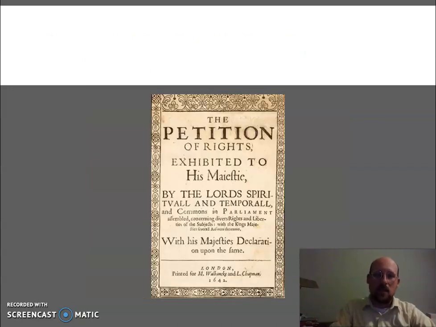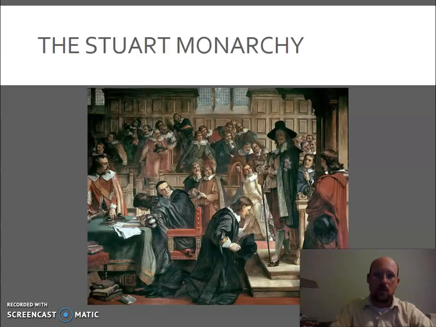And so the next time they met in 1642, Parliament was ready for him. They said, before we sign anything, before we raise taxes, you have to sign this thing called the Petition of Rights. What the Petition of Rights did was basically require the king to regularly meet with Parliament. Charles, who was in a pickle here, had to get this tax signed so he could keep fighting his wars, agreed to it, and then pretty soon after just dismissed Parliament anyway, and basically ignored the petition.